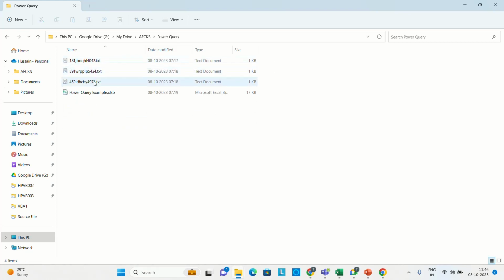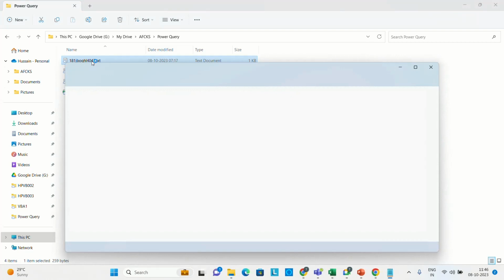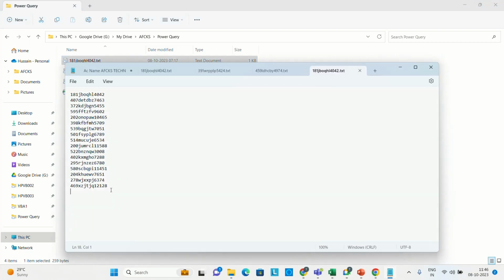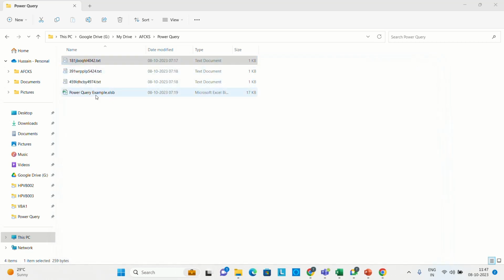See, this is the notepad. Over here you can see there is alphanumeric data, and we need to split the data into 3 columns. For completing this task in Excel, you need to copy it, bring it into Excel, apply a lot of Excel functions, and then get the desired result. However, over here, if you see,